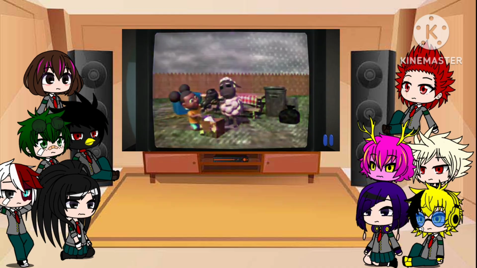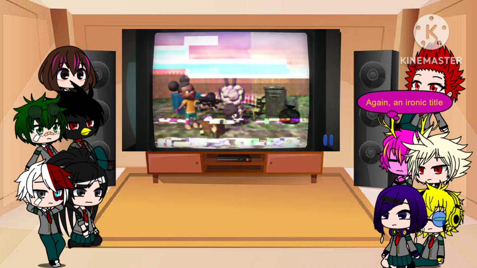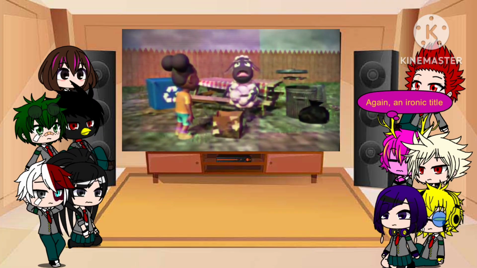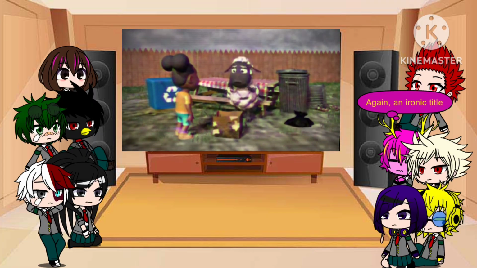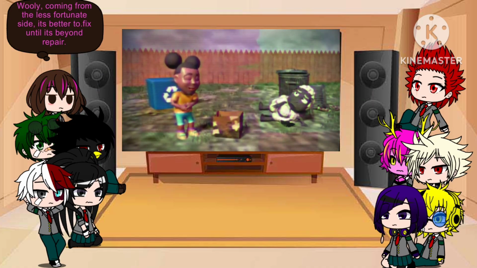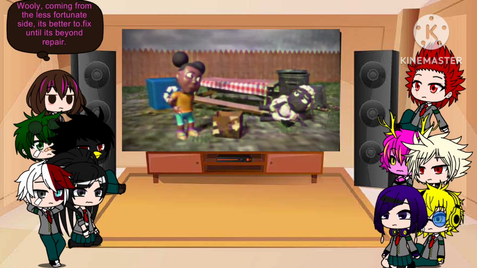The theme for this tape is fixing things. Amanda is sorting through her old belongings, items that Wooly deems broken and so has thrown away in the trash. Wooly tries to reason with Amanda, explaining that these old playthings cannot be repaired, but Amanda pleads with the player to help fix them.